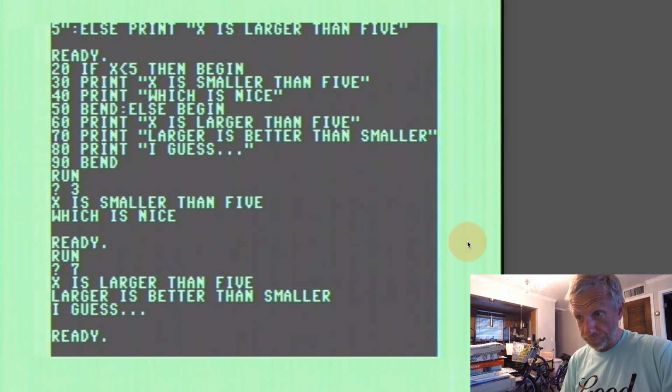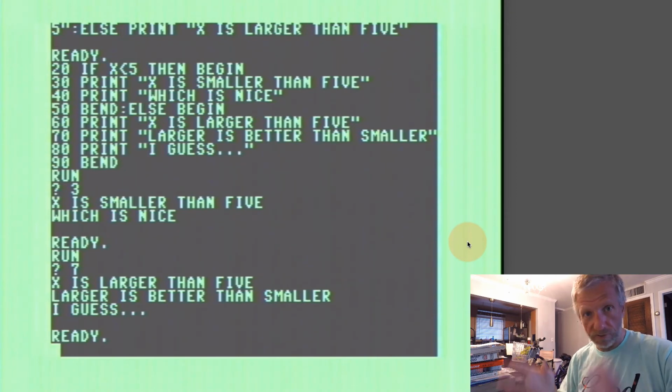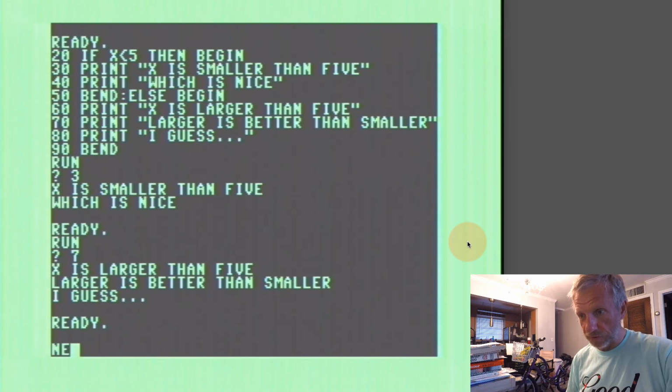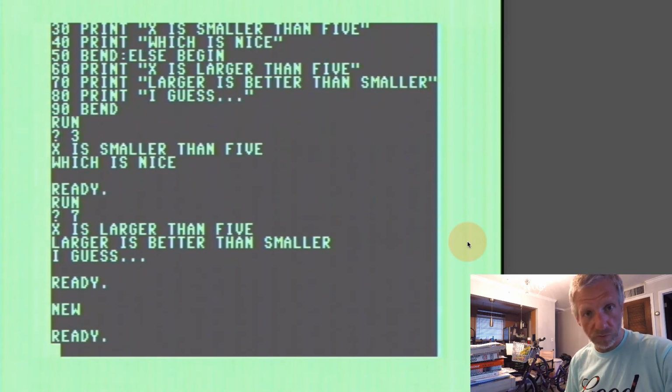So that is that. Now I did promise you I was going to show you the on-GOTO routine as well, and that's another on-GOTO or on-GOSUB. So it's basically the ON keyword. That's an important one as well. That also works on the Commodore 64, on the VIC-20, on the +4, as well as on the Commodore 128. So I'm just going to stick with this machine here, but do know that it does work on the Commodore